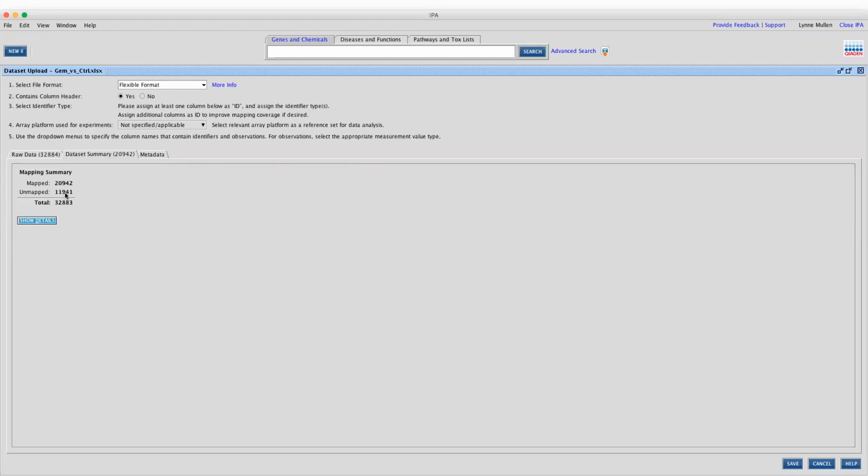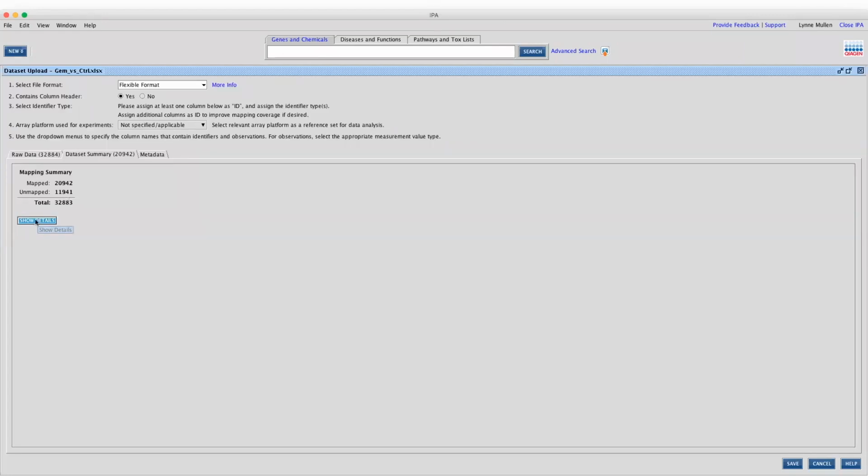So these are a bunch that weren't recognized by IPA. And there's a variety of different reasons for why an identifier can be unmapped. So for example, a gene or protein ID doesn't correspond to a known gene or protein product. One of the most common reasons is because the unmapped identifier is from an older version of a database. So in these cases, you're going to have to access the newest version of the database to find that updated